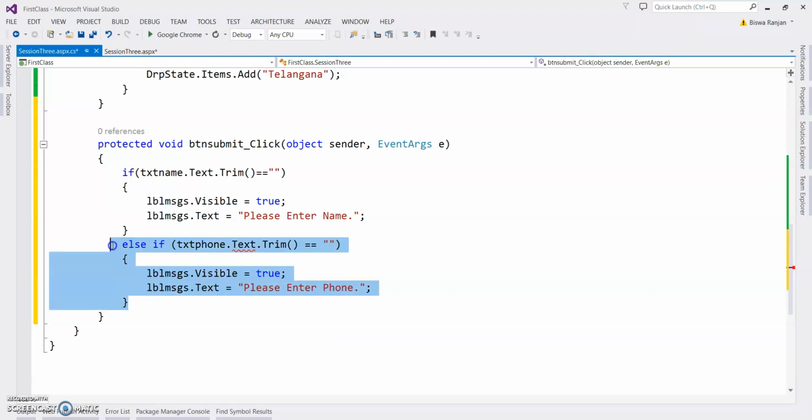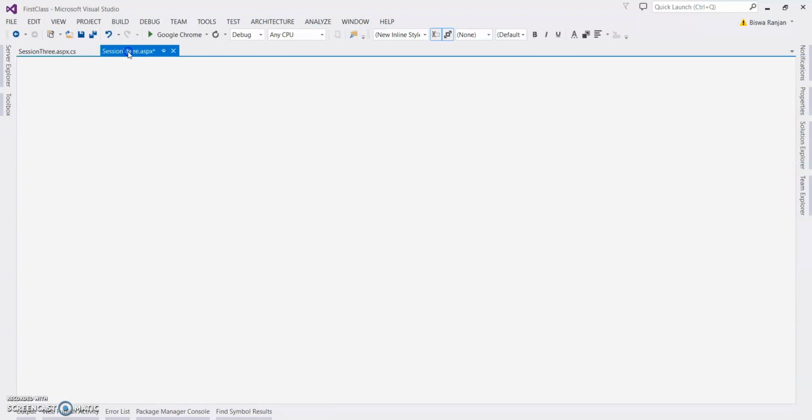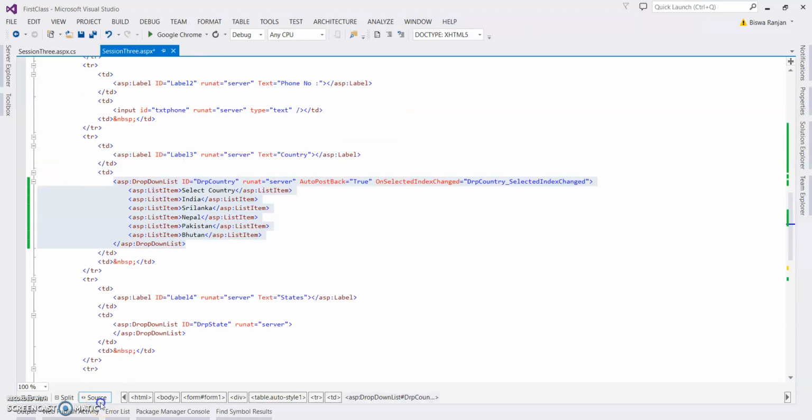So the drop down box also, same thing, drp country equal to select country, the default country we gave here. First one, select country.